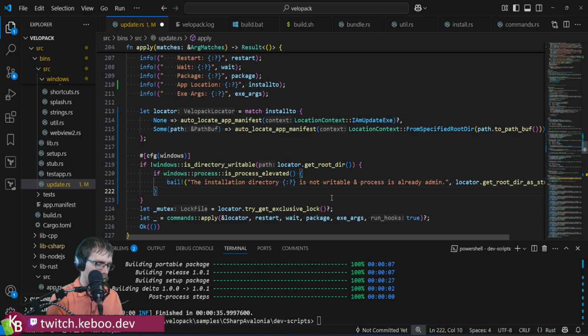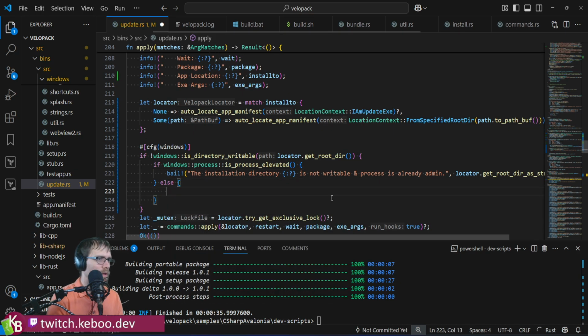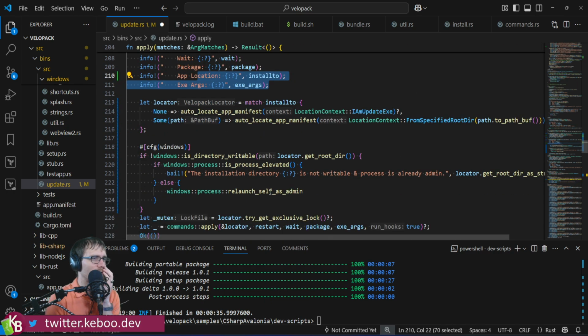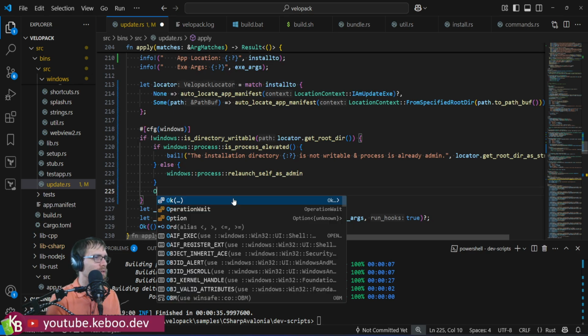We'll bail. Else we will relaunch self as admin. We're going to need to build the args up for it. And this is actually a good place to do it because we're going to need all these args anyway to be able to do this. And in this case,